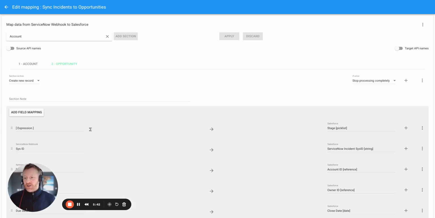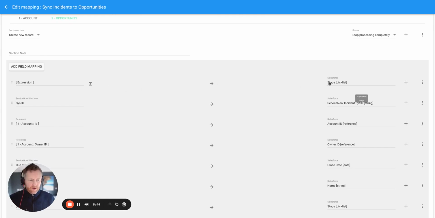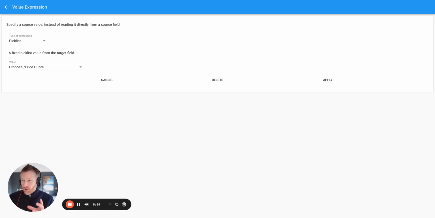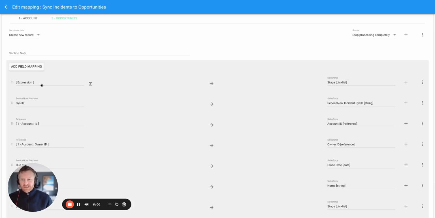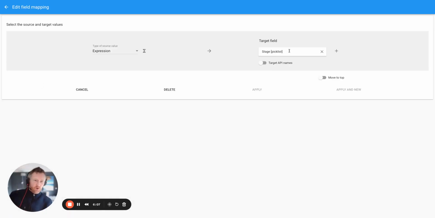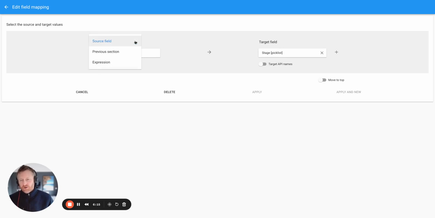Now we're creating new records here. At the top, we've got our opportunity stage. So every time we do this with this particular connection, I actually want to set the stage of the opportunity to proposal price quote. And the way I did that, so we go into our field mapping. So we hit add field mapping, and you come to this screen where you choose your target field and your source field. However, in our source field, instead of choosing to map data from our incident, because those stages don't